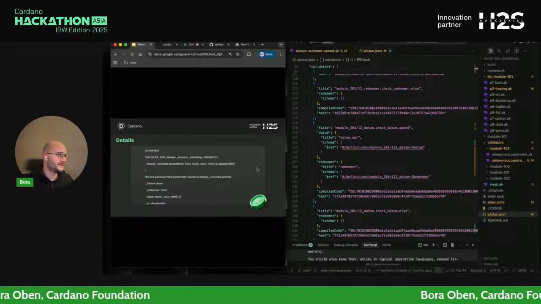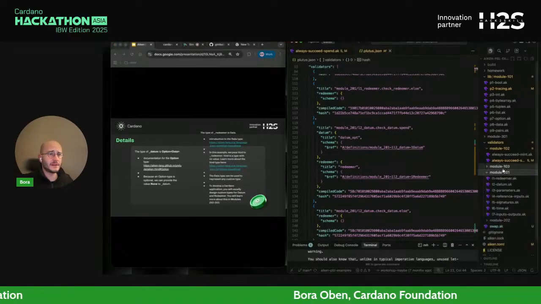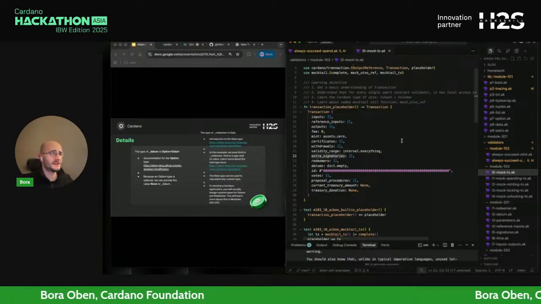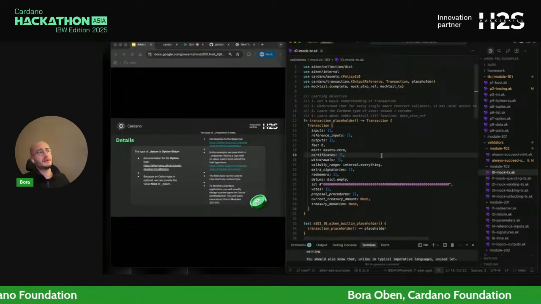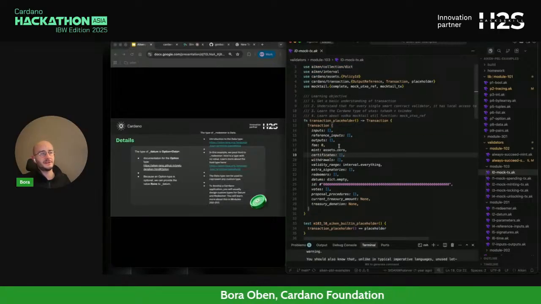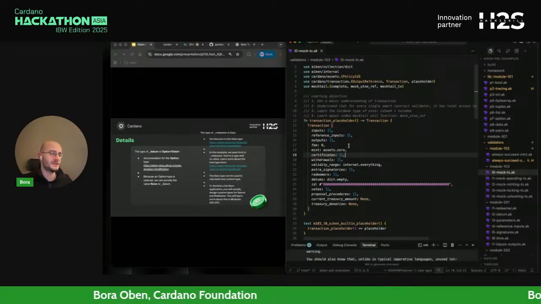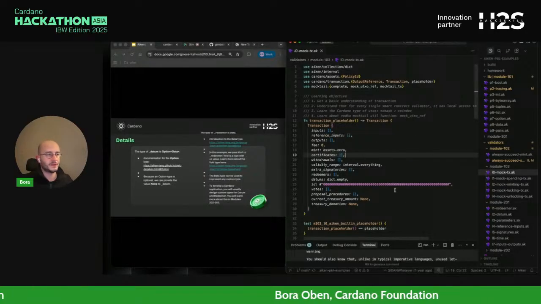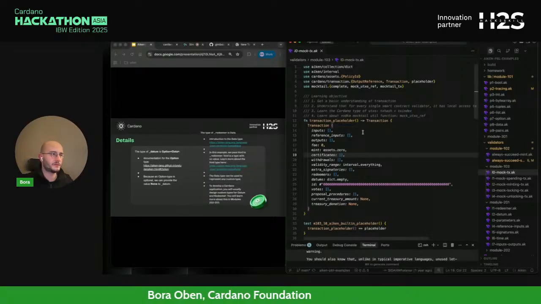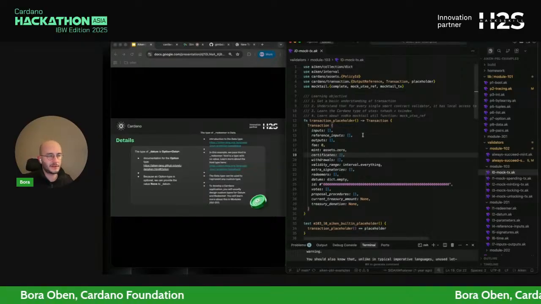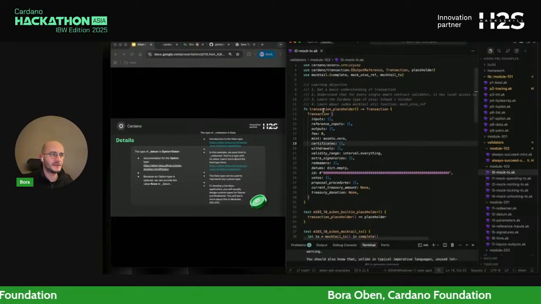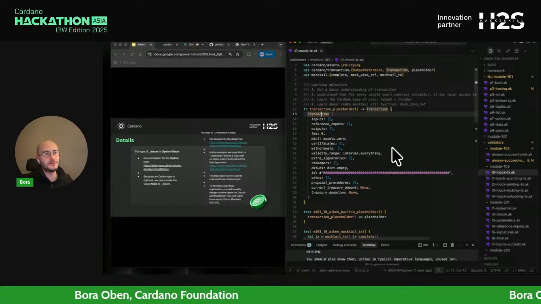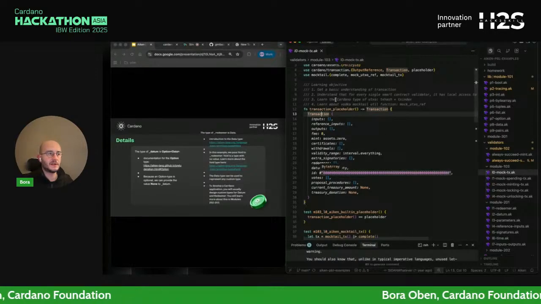What else can we do? Let's take a look at some testing again, because this is where you understand the intricacies of the transactions, and once you understand what you can do with transactions or what you are checking against, you start to get a better feeling about how to think in the mind of a Cardano developer. So this is the transaction data type that we saw previously, and this is also used often in testing.